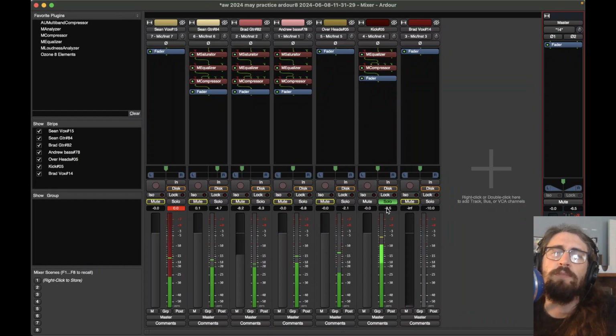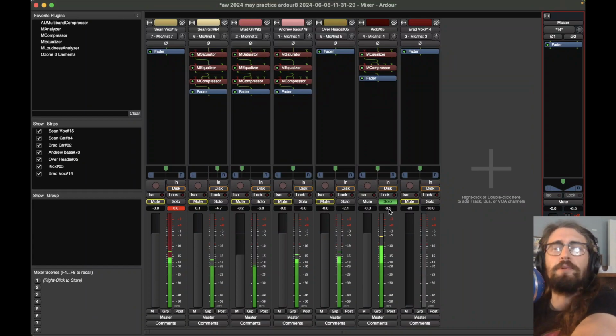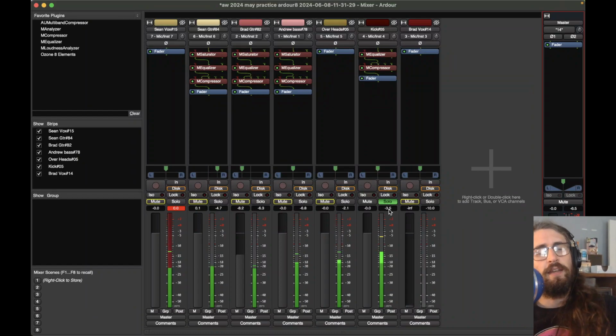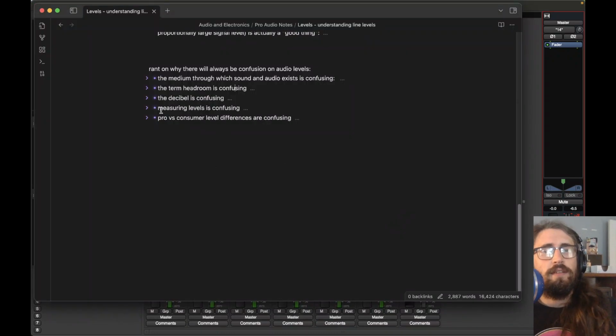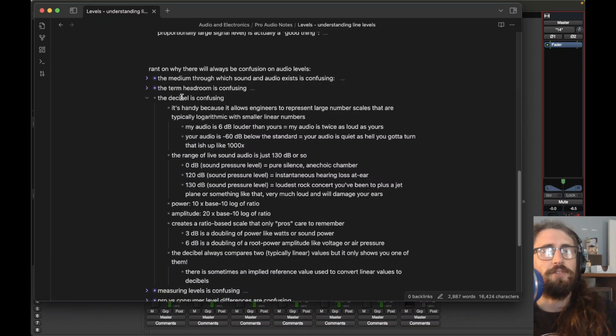But then as you get closer and you look at the meters and you're like, what's this value that's being used to sample this? And it is the decibel. And you're like, what is a decibel? Why do we use decibel? Well, the decibel is confusing. The reason you might use the decibel,